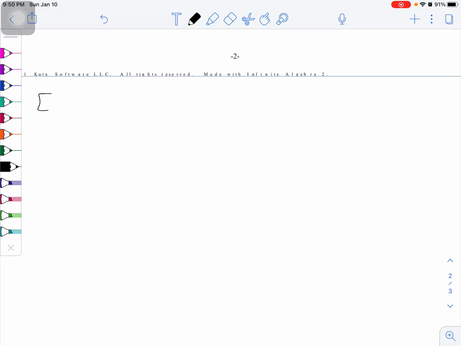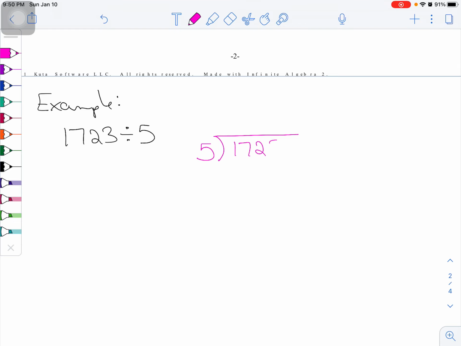All right, so, example. Let's say I want to take 1,723 and divide it by 5. Okay, so I'm going to set this up as a division problem. Well, it is a division problem, but I'm going to put it into the actual division box. So my divisor is what I'm dividing by, that's 5. And then my dividend is what I'm dividing into, and that's the